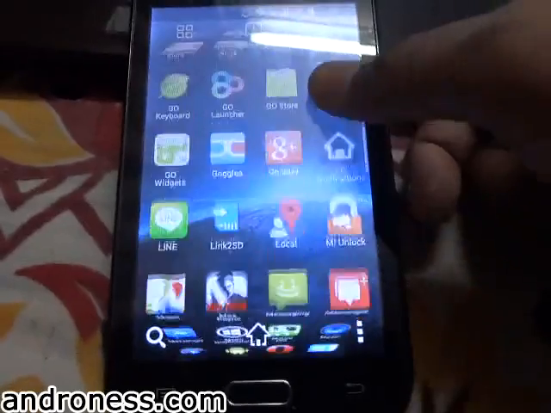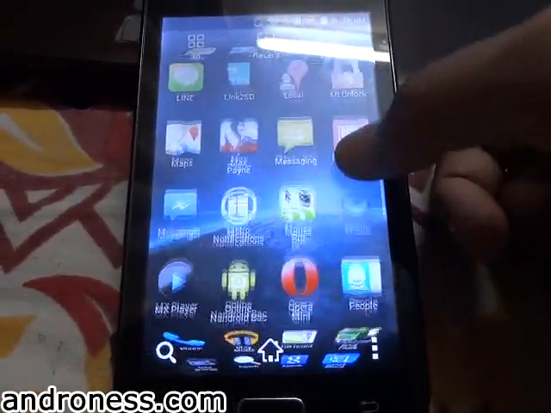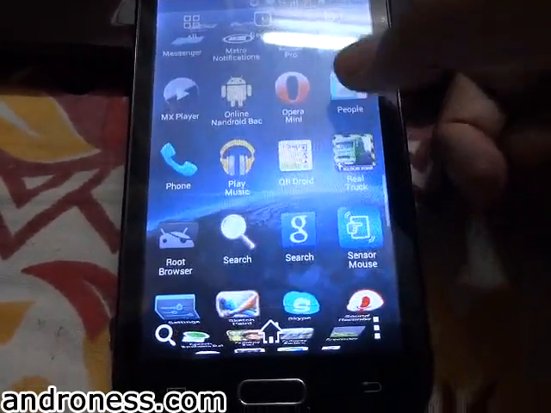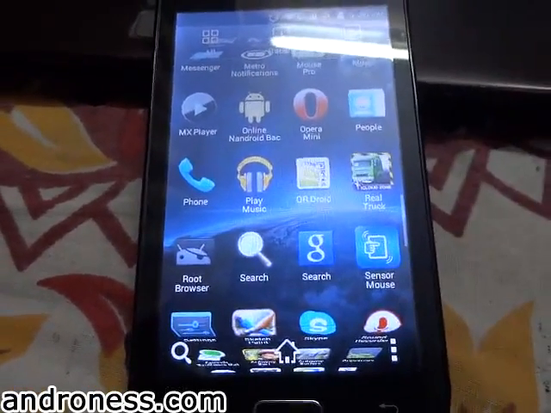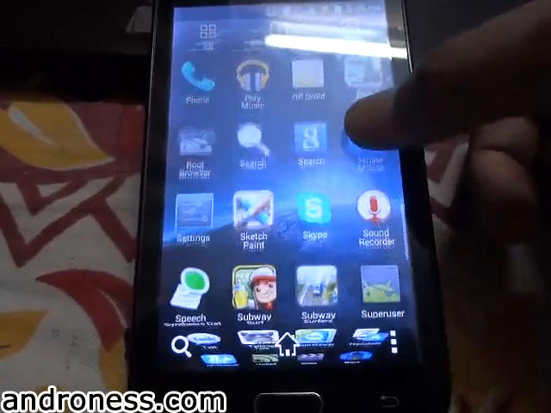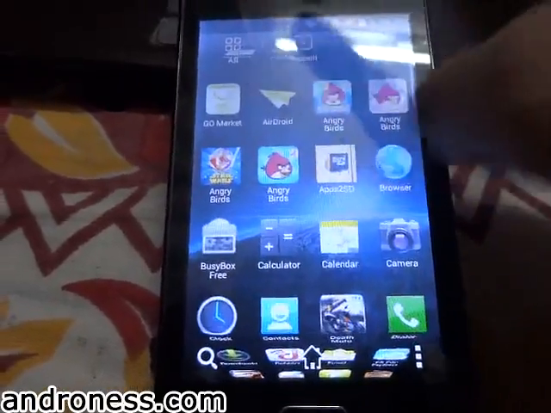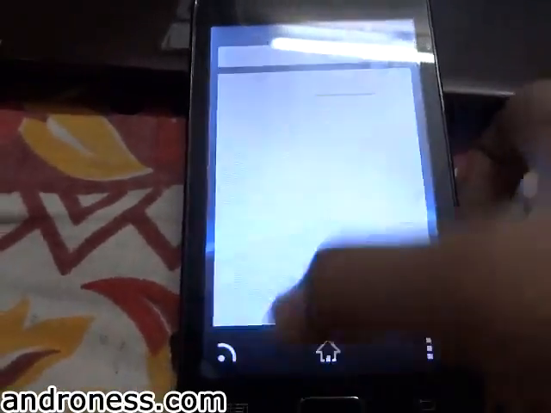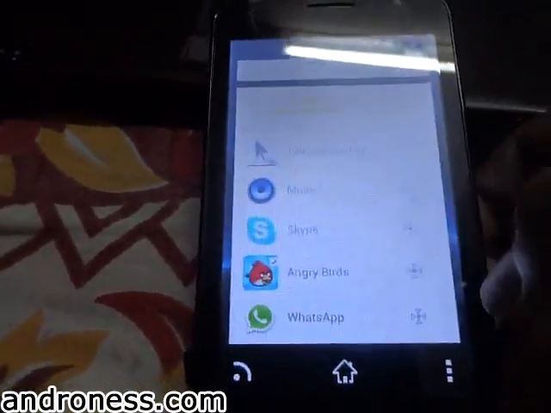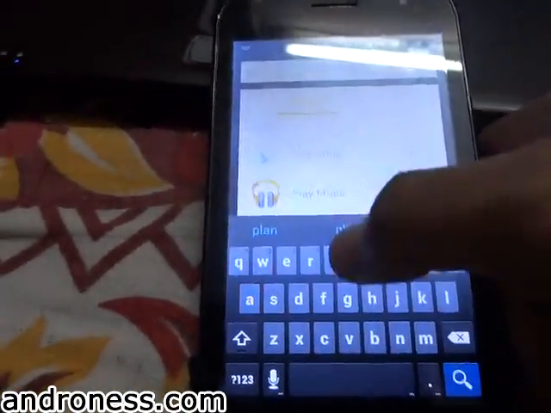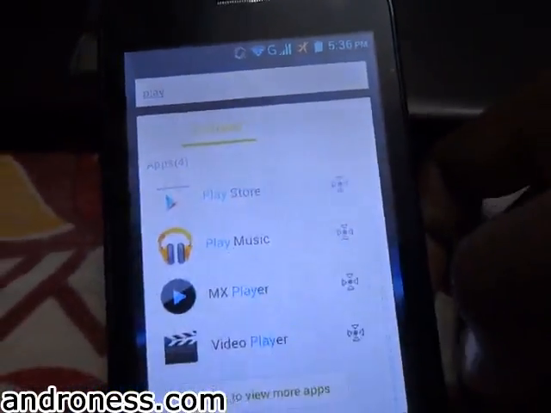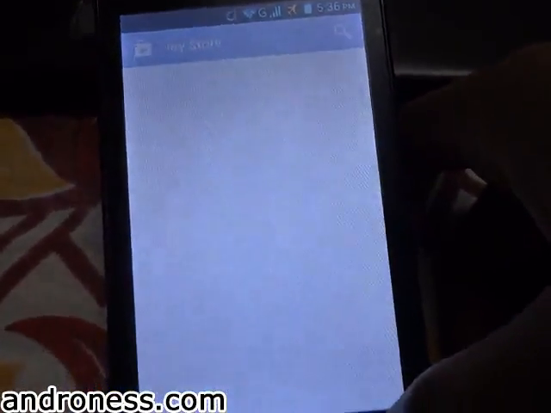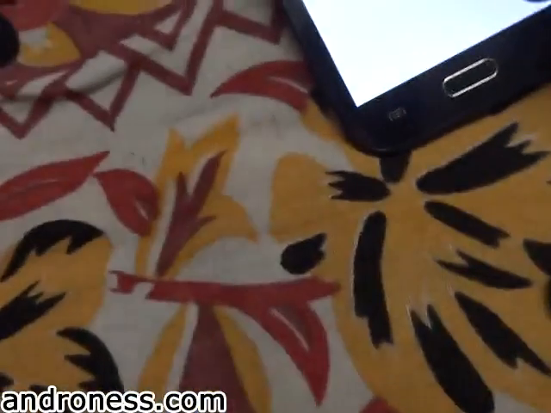Let's navigate to the Play Store, and I hope it is there. Where is the Play Store? Here is the Play Store, and it will ask for my email.